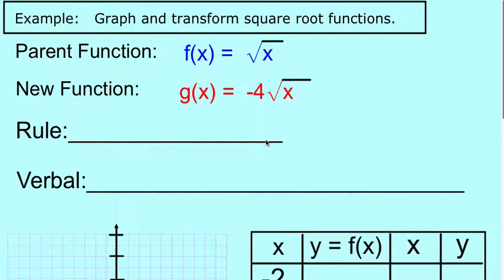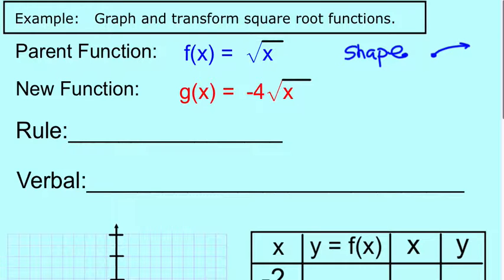Second example of a transformation from its parent function. The next parent function that we're going to talk about is f of x equals the square root of x. If you remember the shape of this graph, it goes off to the right, looking like half of a parabola. All right, so what we want to do is identify the transformations that exist in this red new